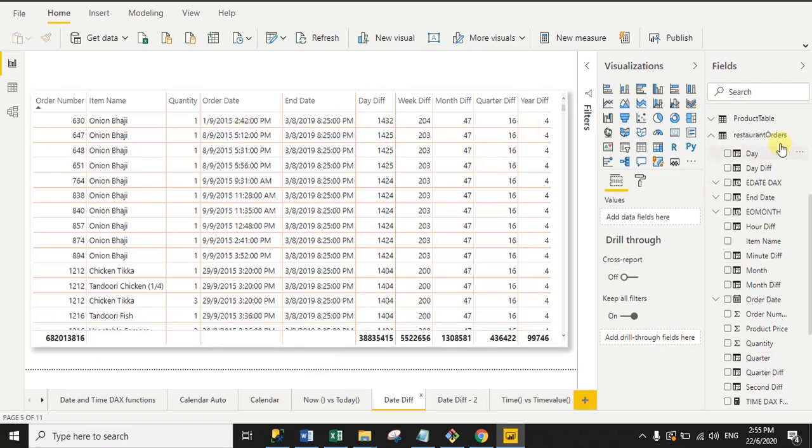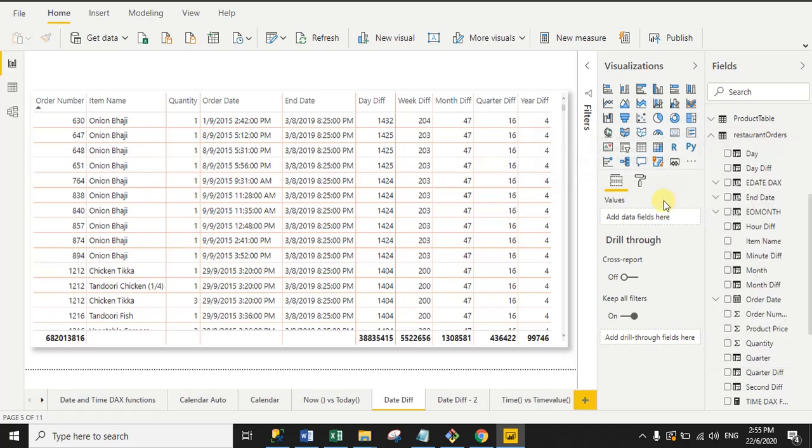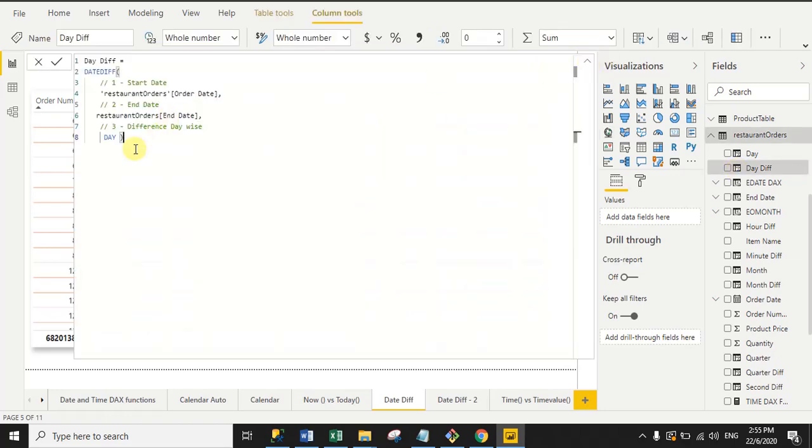For this, just right click on your data set and then select New column. When you click New column, it will create a new column, right? And then write the DAX function for day, right? So firstly rename the column. Here my column name is day diff, then write the DATEDIFF DAX function, then open the bracket and in the first argument pass the start date.